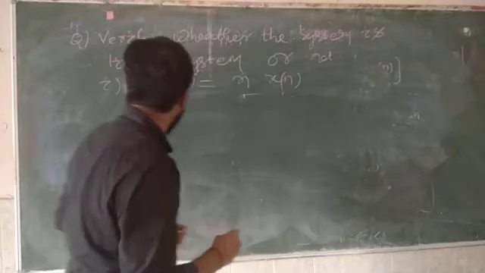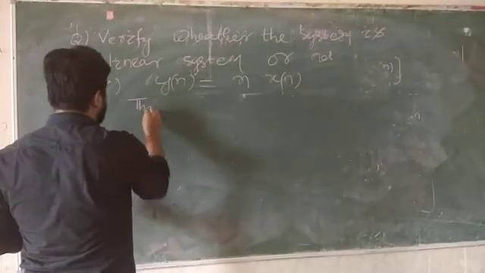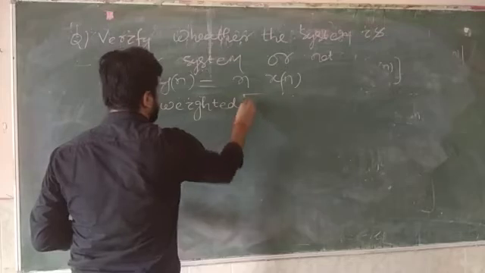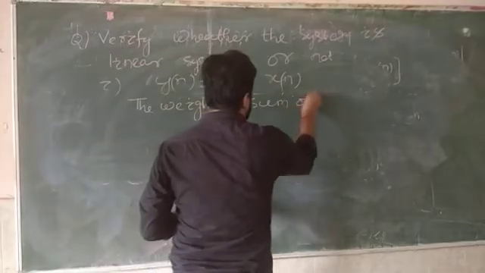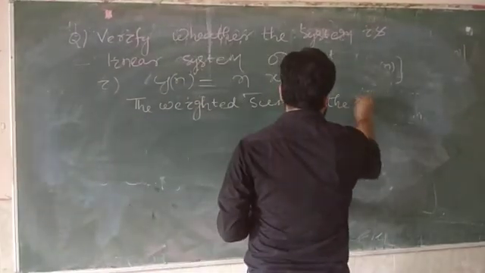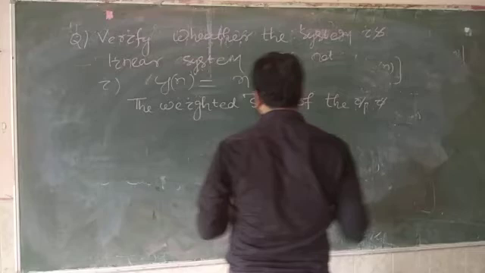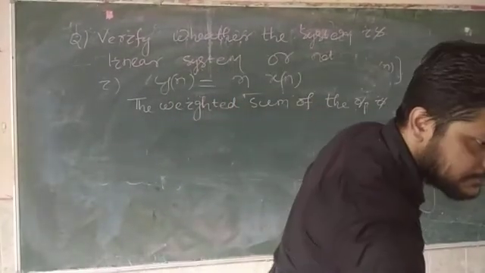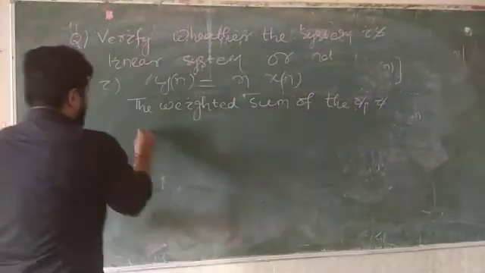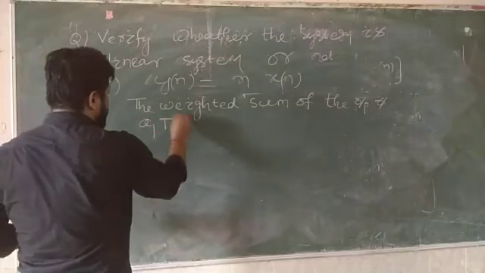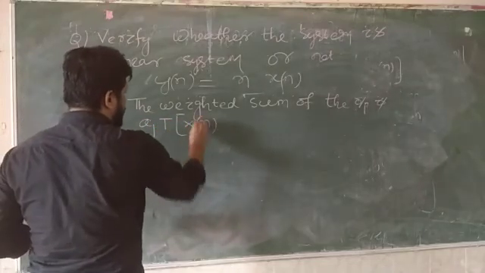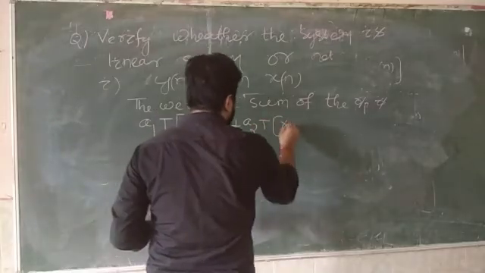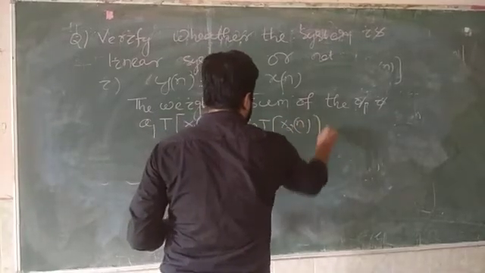So the weighted sum of the outputs is: a1 is a constant, so I keep it outside, a1 T x1n plus a2 T x2n, which is nothing but,